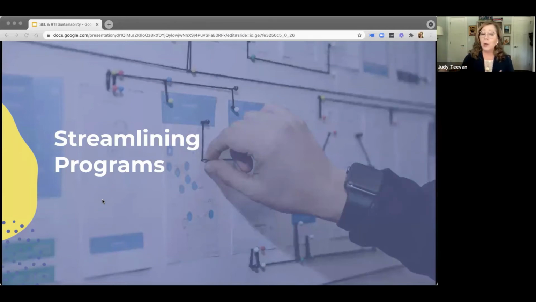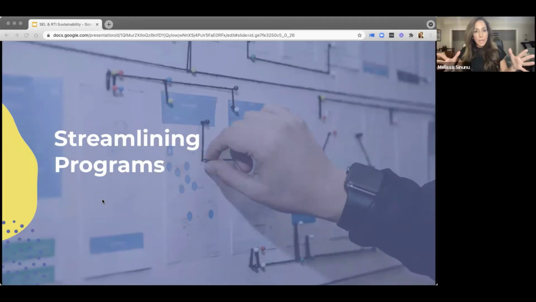A key part of that culture shift that we referenced earlier is also making sure that there are no unnecessary steps or redundant practices in place. Now, that said, you may need to integrate multiple platforms together in order to build the framework that's right for you. Let's say, for example, you have the NWEA MAP screener and you have been administering it for years. You finally have teachers reading the reports and comfortable talking about RIT scores, and they understand how to modify classroom lessons based on this data.